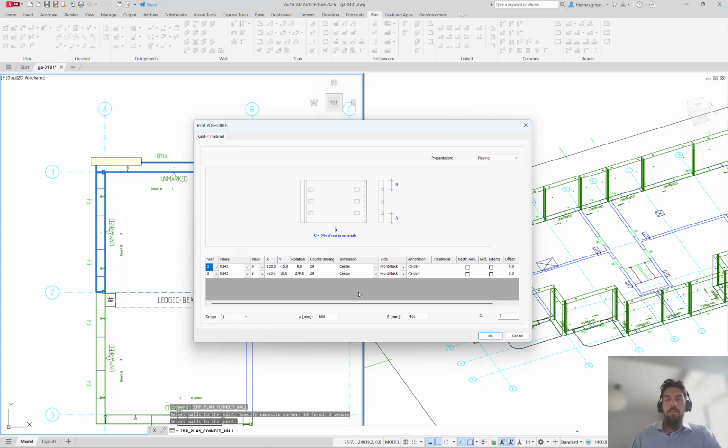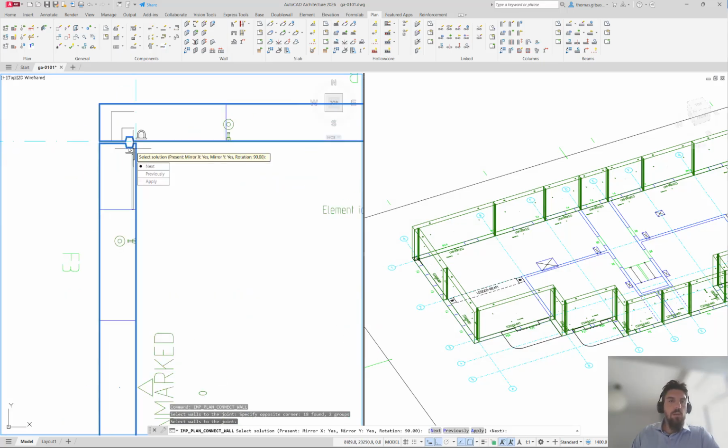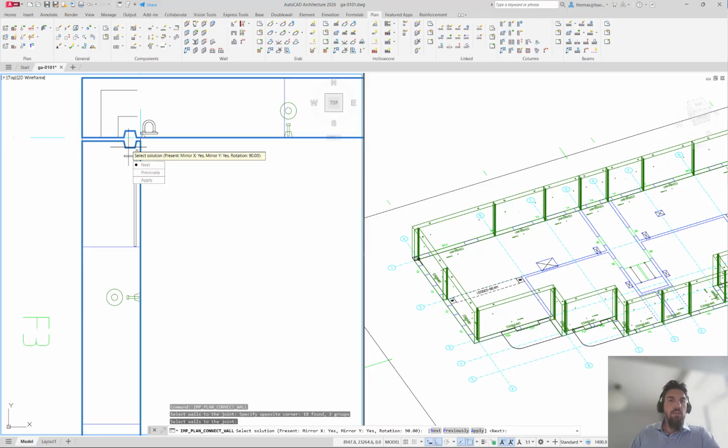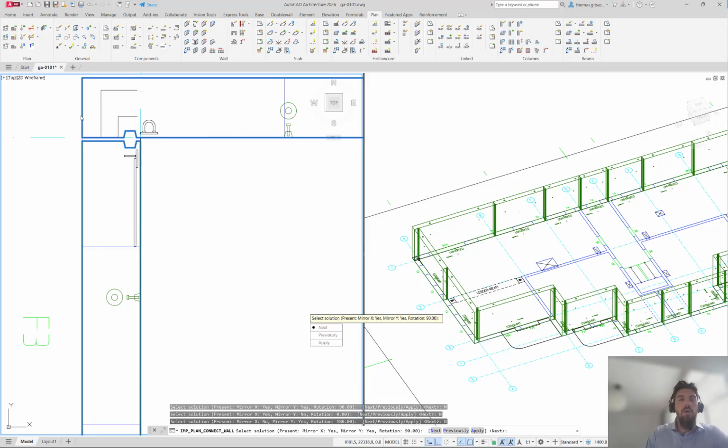It will be with welding plates because we do not use wire loops in Sweden, let's say, and we will say OK. And now you see here, if you look closely, if I say apply, this is the join that will be applied. If I say next, then the software automatically will expand this wall and make this wall closer. Of course, it's you who decides how you want to make the connection applicable to your walls. I will say apply,